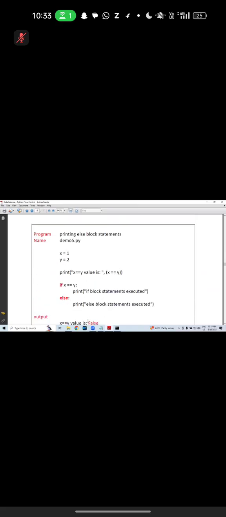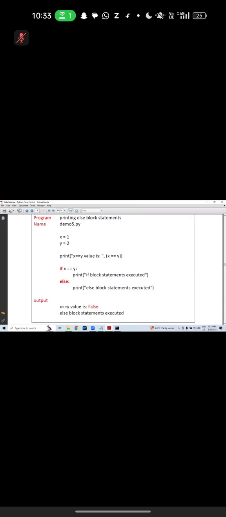Generally, though you guys are freshers and new learners, just check the condition. What is the condition result? Know the condition, then you will come to know which one will execute. Generally, I should not write like this, but why I'm writing like this, you will come to know. Though it is true, the if block executed. The next one, though it is false, the else block executes. Else block syntax is like that. Else colon, you have to write as it is.